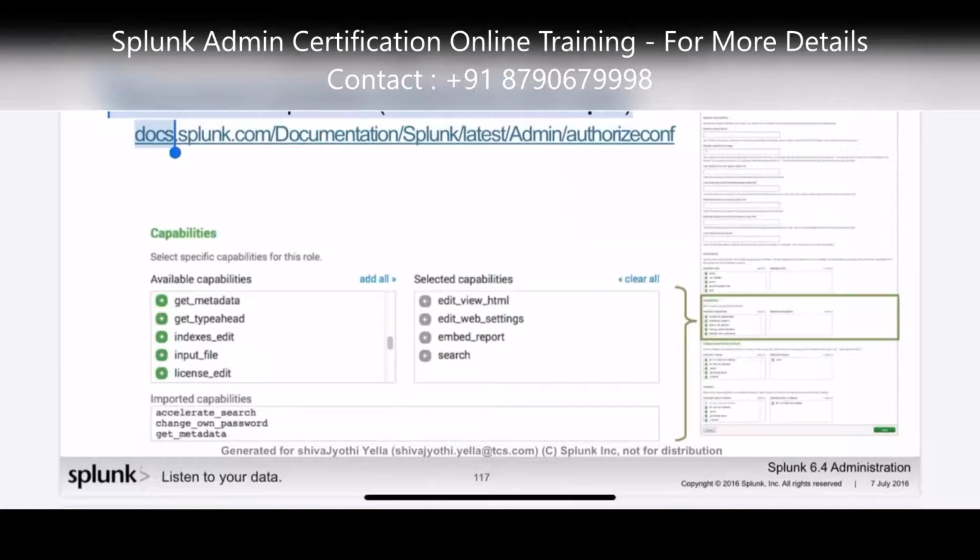So we can provide access to users if they really need it, or we should get some justification from the user about why they require it. Later you can provide the capabilities or role as required, because we cannot provide all these capabilities to every user unless there is proper business justification, or if they don't want any help from the admin.